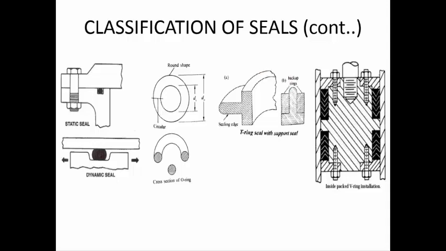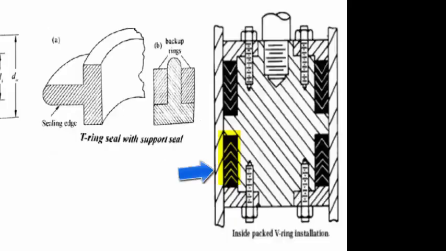Next one is the V-ring or U-ring seals. Whenever you are having a large area for which you have to apply the seal, for example, the seals will have some specification saying that a seal can withstand a pressure of say 50 bar or 100 bar, and you want to do a sealing for a length of say some 15 millimeters, only then you will get a very good sealing action. Having one single seal for the entire 50 millimeter length is not very suitable. So what we will do is usually we will create a stack of seals.